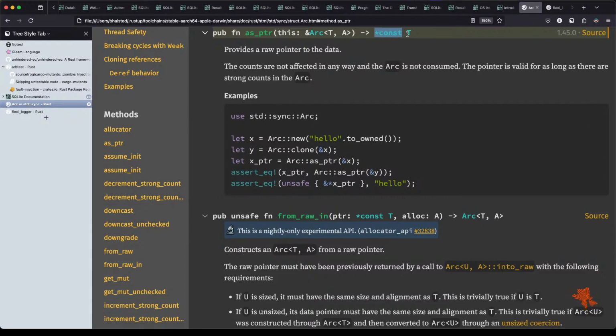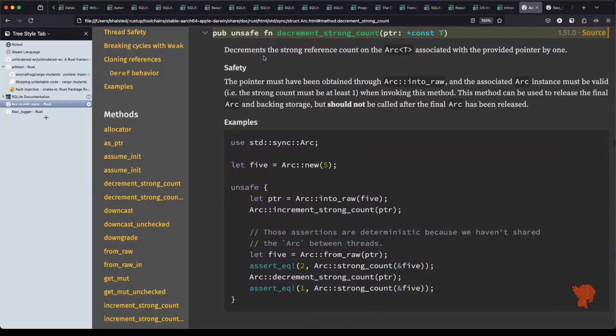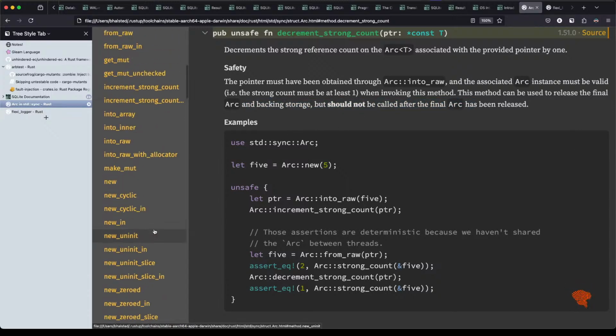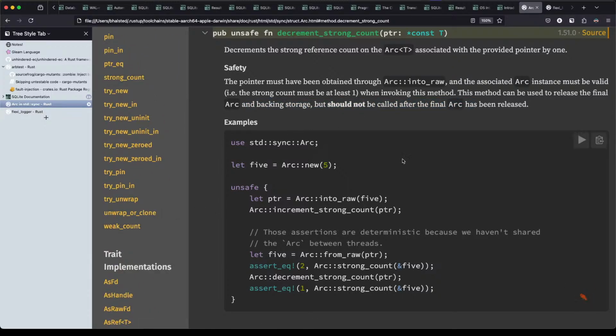And using this pointer there, we could decrement or increment the strong count. Maybe not, though. I don't like that.